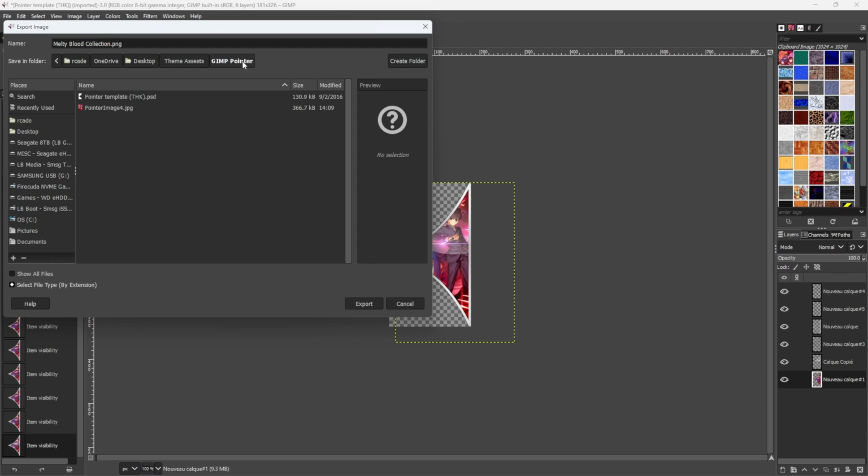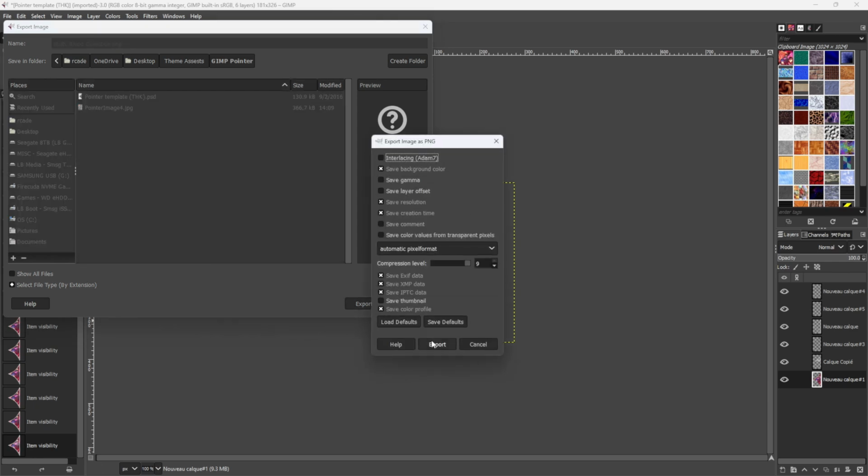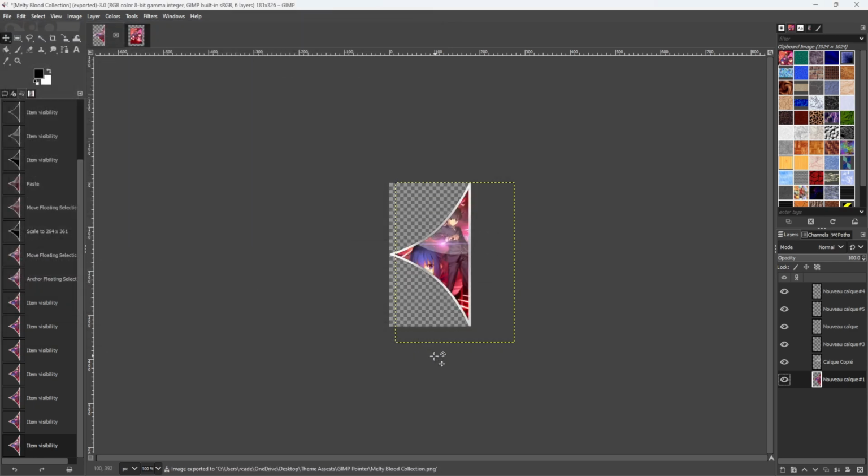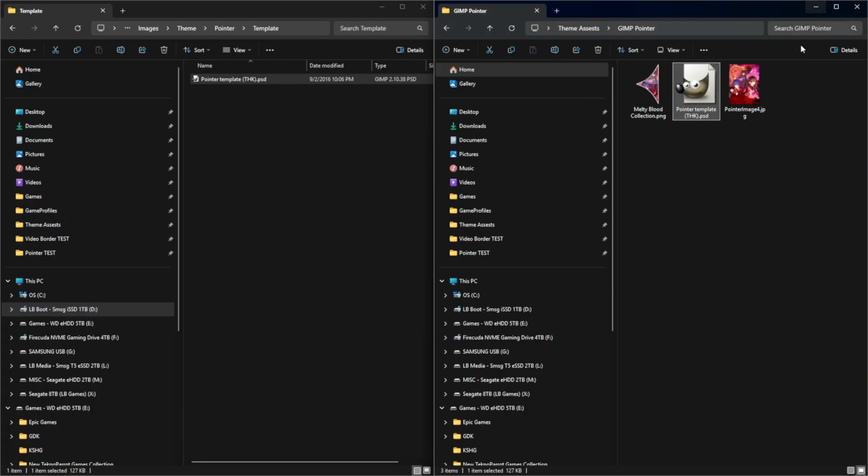It's in the GIMP pointer folder like we want. We're going to hit export. You don't have to change anything here. Just hit export. And you can see it's been exported down here at the bottom. We'll minimize. And now we can see under GIMP pointer, the folder we were working out of, we just created